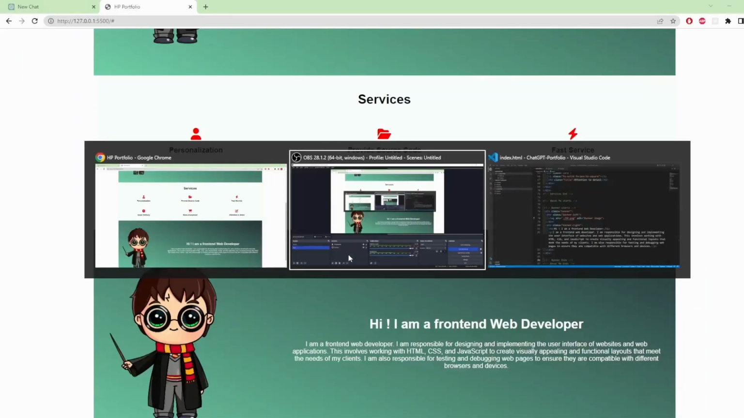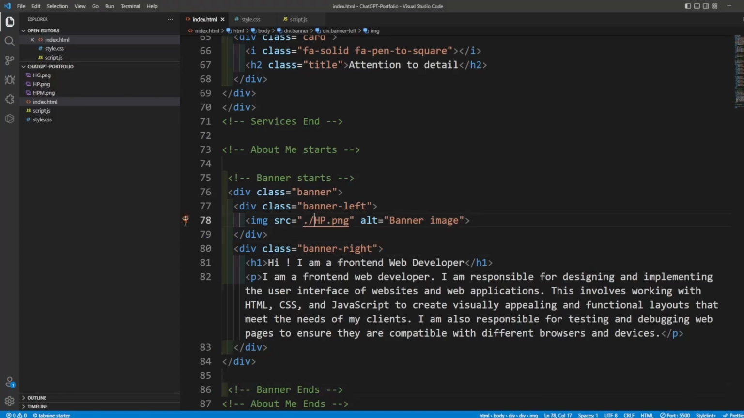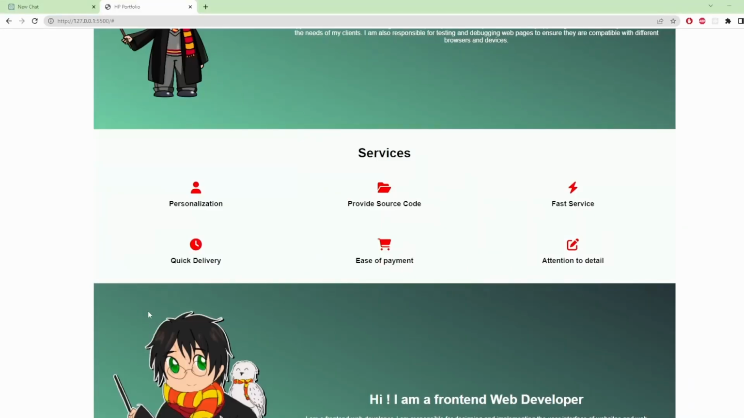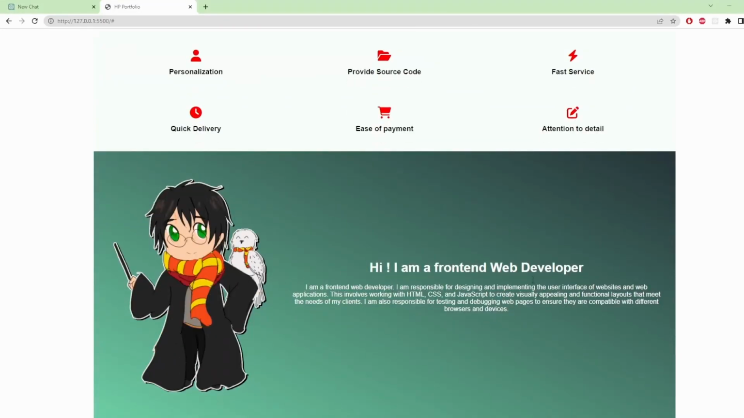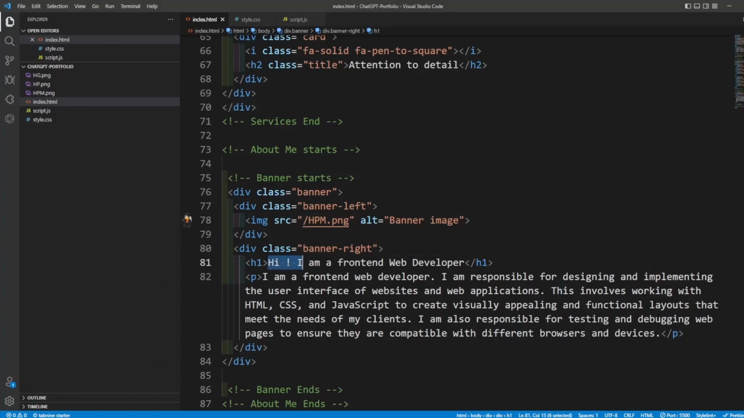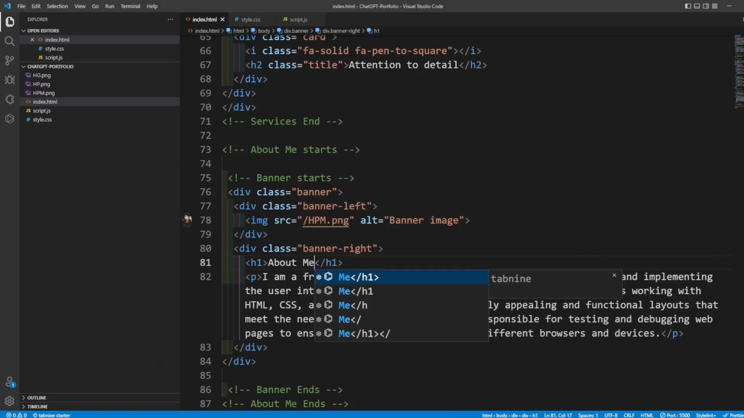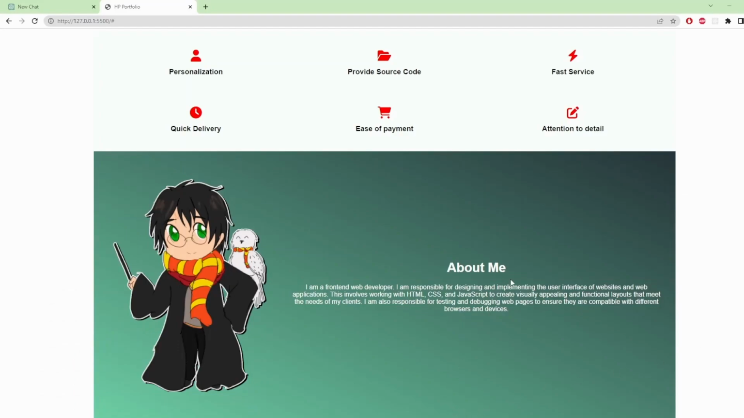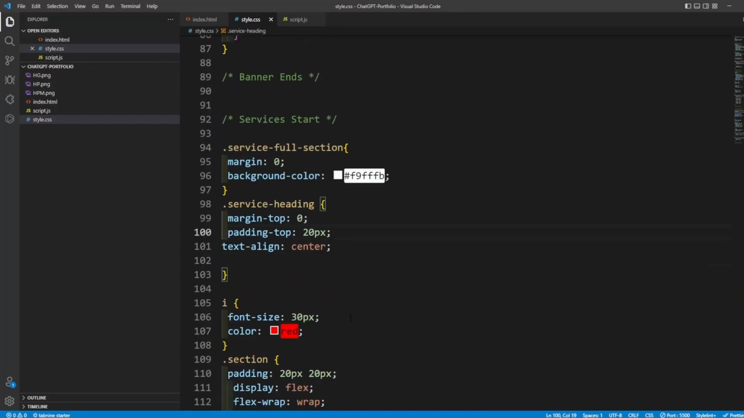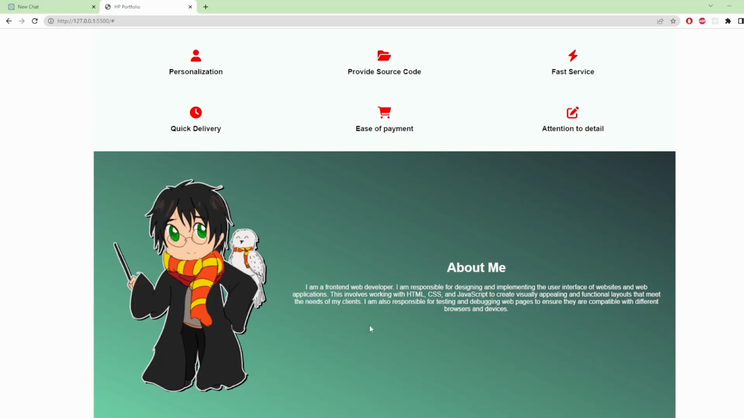But we are going to change the photo. The photo is going to be this photo, it looks nice. Now it is going to be about me. About me something something. Then maybe you can give some list items as well here,